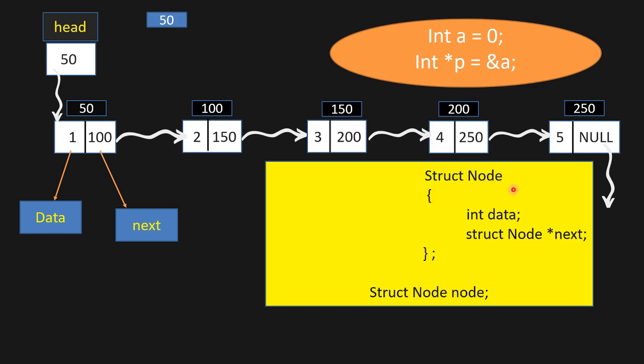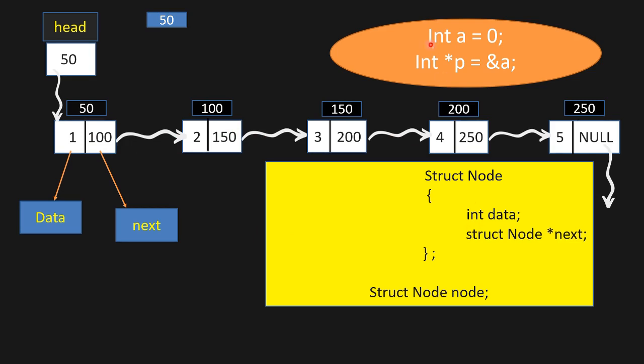Struct node is the name of the user-made data type. Inside the struct node we have two variables, first is data and second is next. One is of integer data type and the second is a pointer. Why a pointer? In the next part we are storing the address of the next node, that means it is pointing to the next node. The node is of the data type of a structure, hence it should be struct node star next. It shows that next is going to store the address of the next struct node.